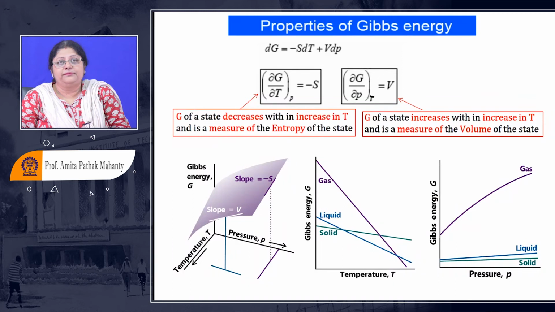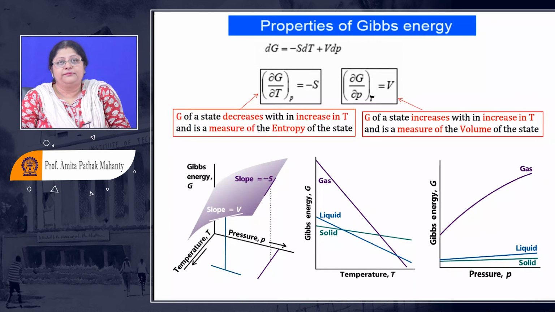Understood? Similarly, when you plot G versus pressure, what do you get? It is going to be a measure of the molar volume. And what is that? So dG/dT is equal to minus S, and dG/dP with respect to pressure at constant temperature is the measure of the volume. I am not saying molar, let us say only volume here. Molar we will come to later.